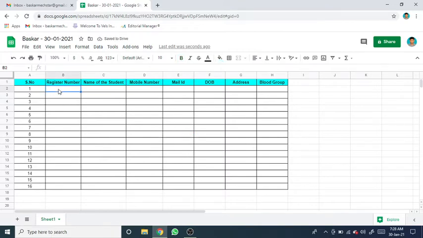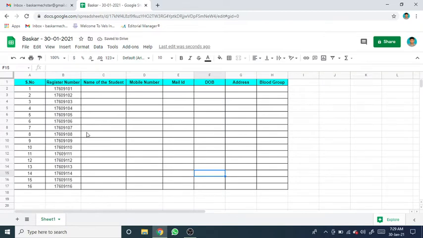For example, I am giving the mail register number in the format. Different universities have different formats, so I will give randomly. 17609 101 like that. Next, 17609 102. So like that, if you have 100 numbers, you no need to type again. Just click both rows and drag this blue color button, so it will automatically bring it. Then you need to align, so click horizontal align, click this center button.